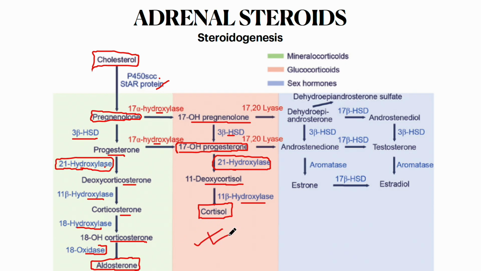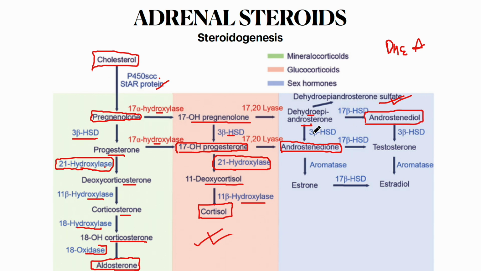So let's talk about sex hormones here. In the presence of 17,20 lyase, 17 hydroxy pregnenolone will get converted into dehydroepiandrosterone, DHEA, right? You have to remember this, and then it will get converted into dehydroepiandrosterone sulfate, which is the active metabolite form of this, and also 17 hydroxy progesterone will convert into androstenedione in the presence of 17,20 lyase, right? So this androstenedione has two fates, just like this has two fates,